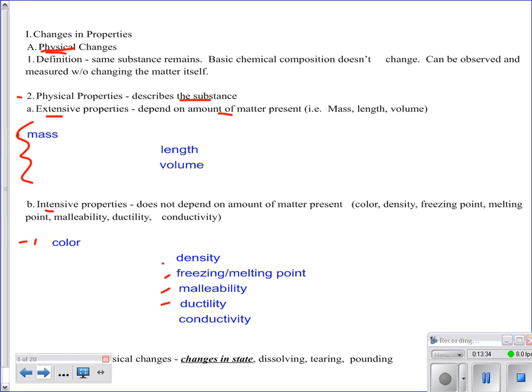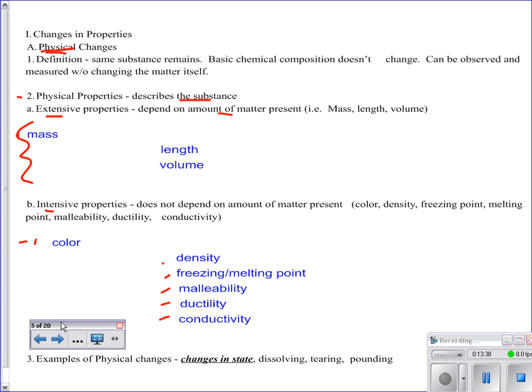Pulled into wires. Good. And then conductivity, how it conducts electricity. Now with all of this information, the ones that are commonly missed are this. When it says changes in state, that's the same thing as saying a phase